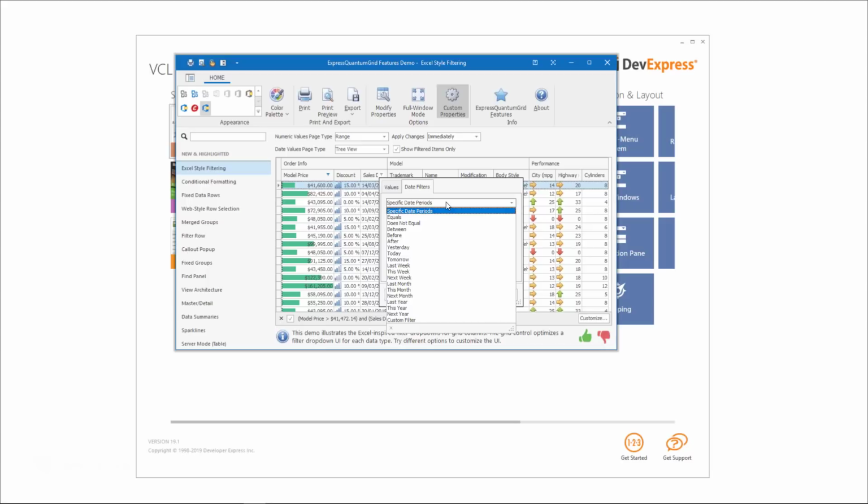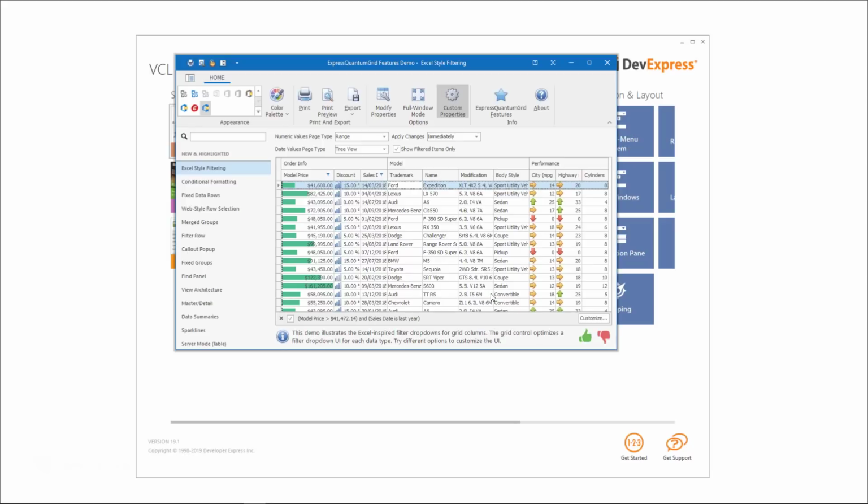That would be like 1st of January to the 31st December 2018. No, just say last year. Boom, there we go. Let's close. Now